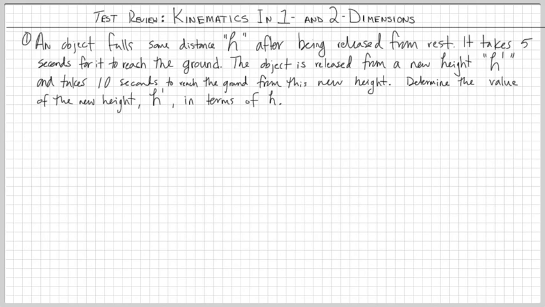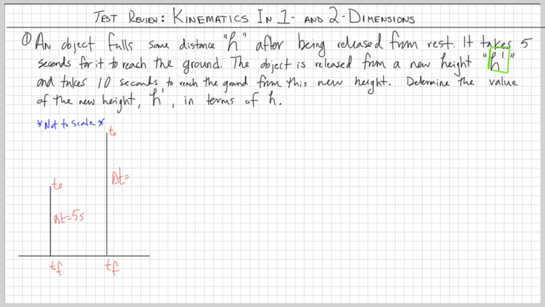So you could solve this numerically. Right? Pick some numbers to go in there to find out from what height it actually takes 5 seconds to fall, and then go in and find out from what height it takes 10 seconds for an object to fall, assuming they will start from rest, and then give some ratio showing how much higher h prime is than h. Or we can use our little literal equations and our kinematic equations, or the manipulation of literal equations without substituting in numerical values to quickly get to what that ratio should be. And this is basically a ratio of h prime to h,